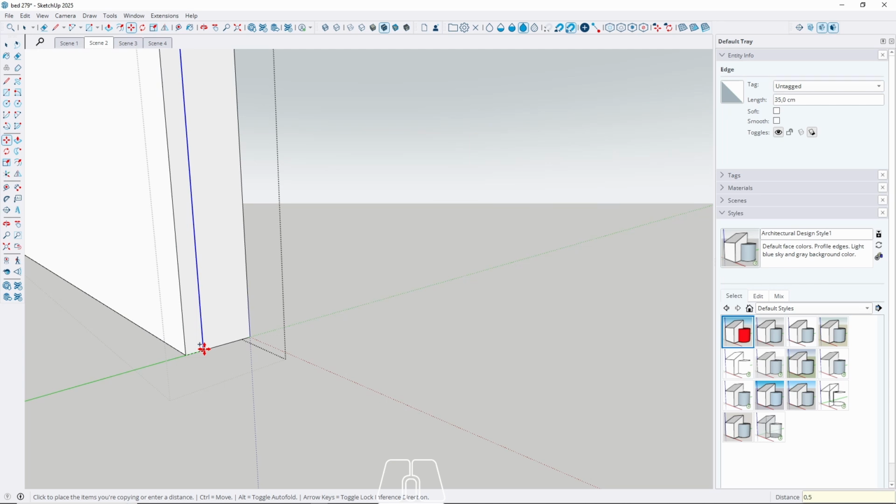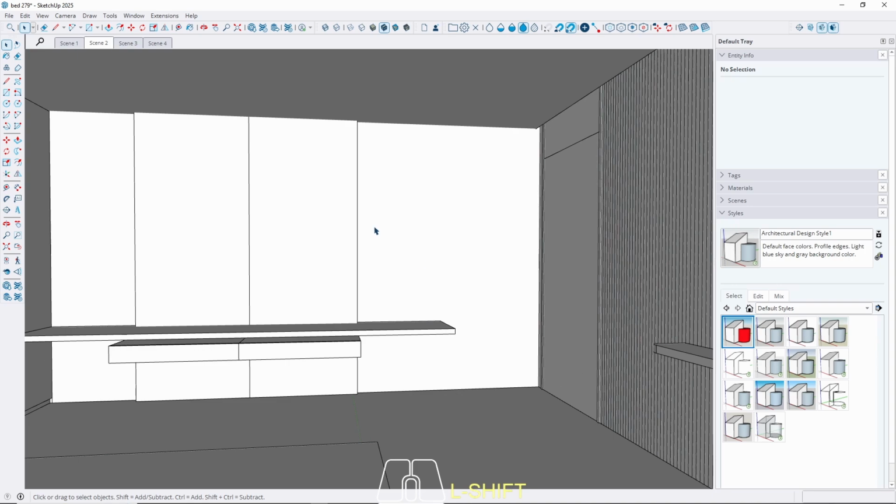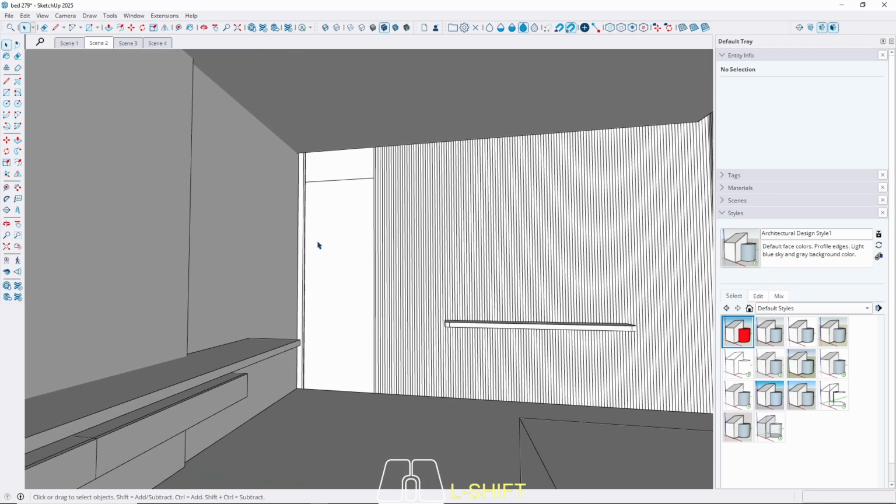0.5, hit enter and move the back line into the door. Okay, then this door, I think we need a